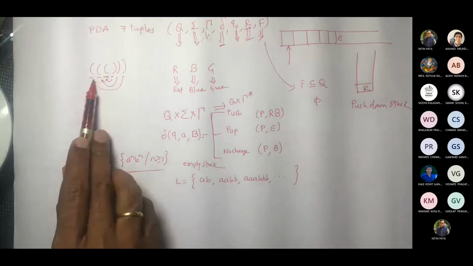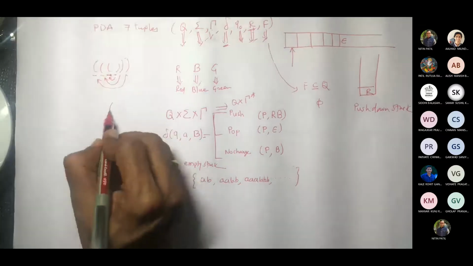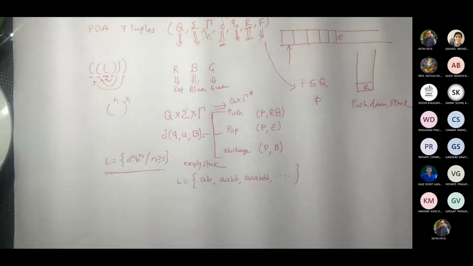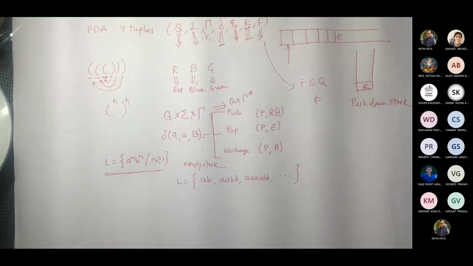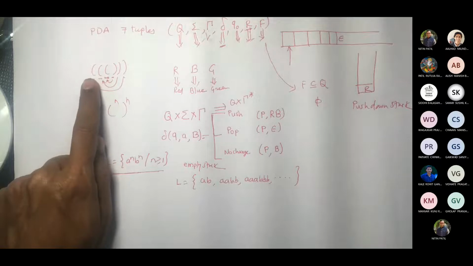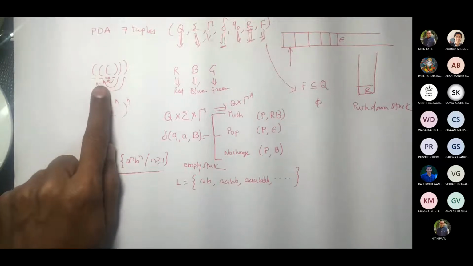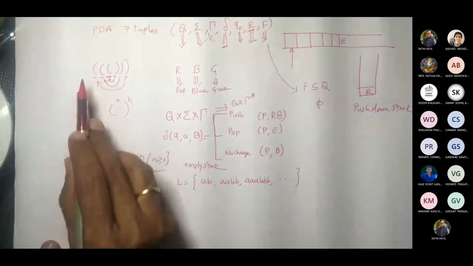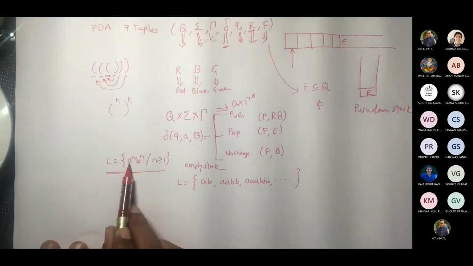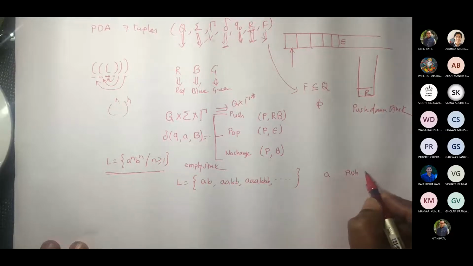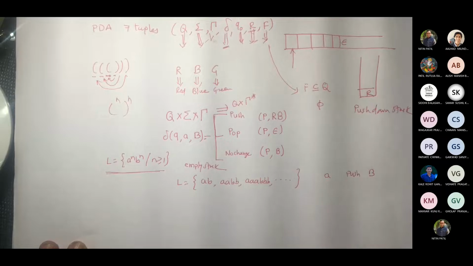It is similar to this: I can say it is like this raised to n, this raised to n, all opening brackets, then all closing brackets. So it is A raised to n, B raised to n. When we work with this kind of problem in stack operation, we push these elements onto the stack. So I'm assuming that whenever I see an opening bracket, whenever I see an A, I am going to push blue on the stack.